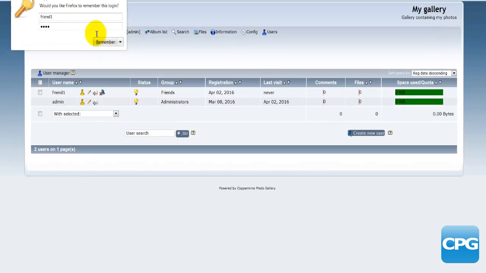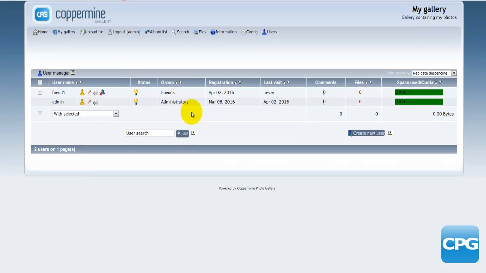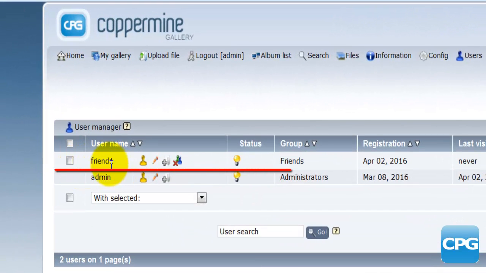It will ask me to remember or not remember this particular information. I can click no, and straight ahead you can see that we have a new member here. The additional option we have here is to ban this user. We cannot ban the admin, but any other user we can actually ban them from